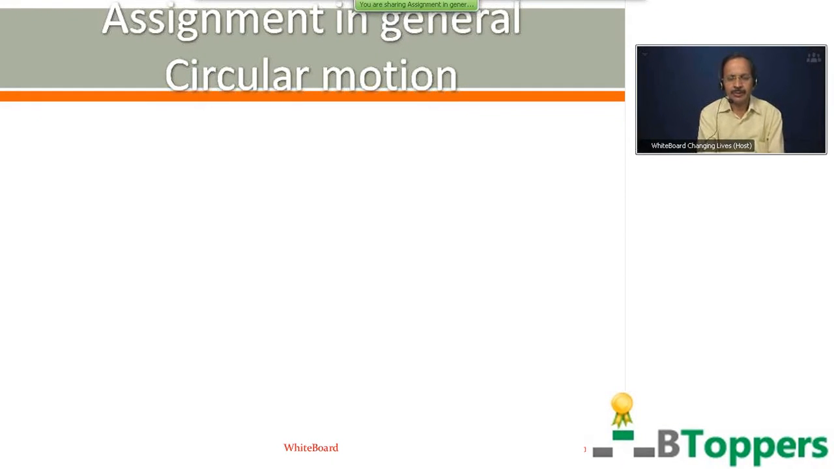So now I am going to show you the assignment in general circular motion. That means I am going to show you 30 multiple choice questions in the assignment in general circular motion. I will be showing one after another all the 30 questions